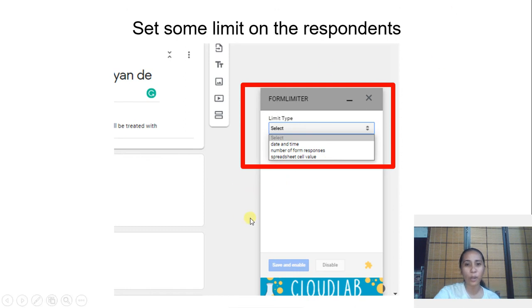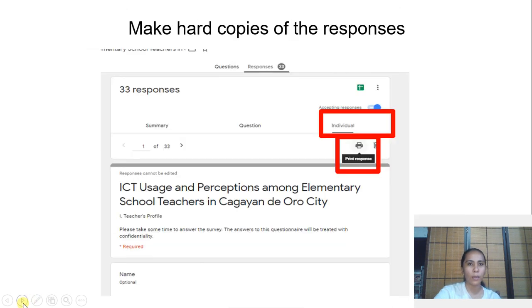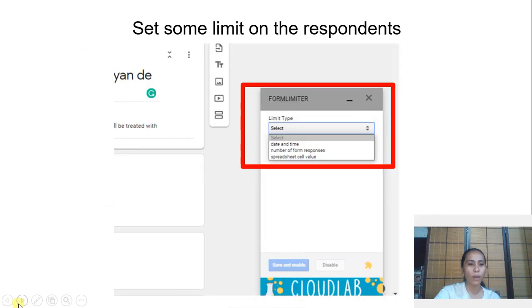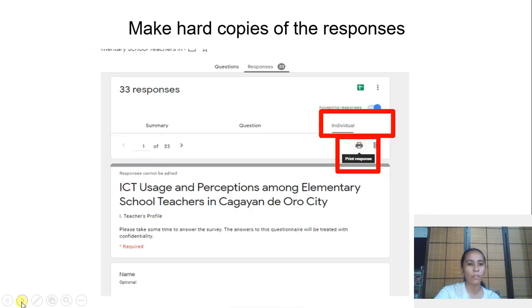Okay, so again, this is where you will set it. And then, of course, you can also set it according to spreadsheet value. So those are some of the ways to limit the responses of the